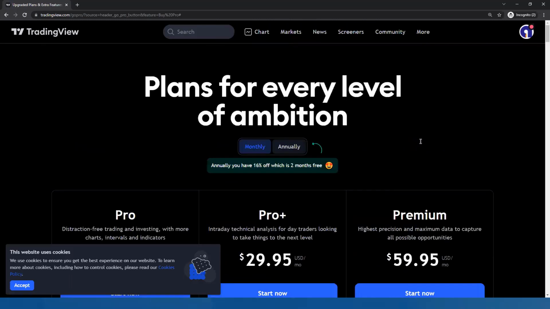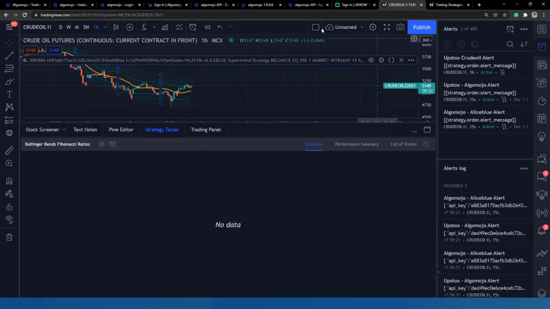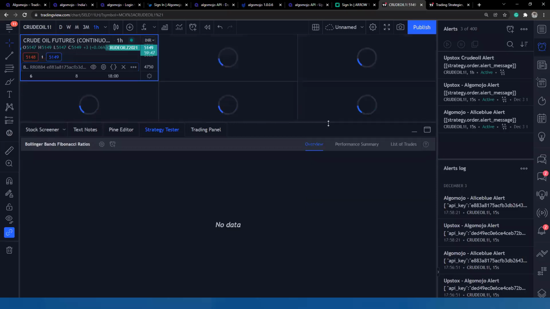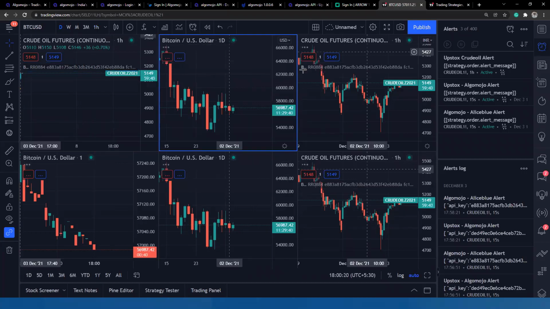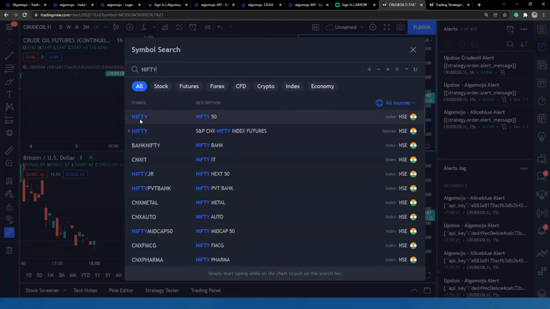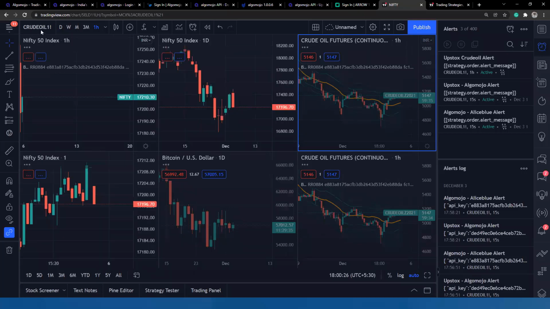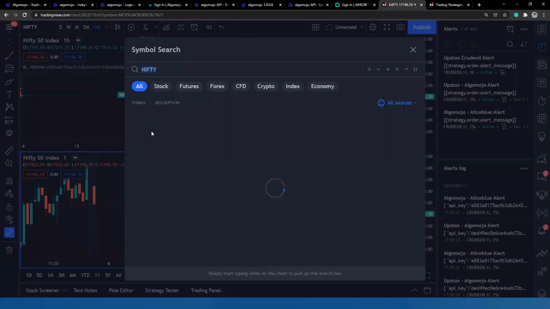In my case, I'll show you that multiple charts you can access in TradingView. You can change the layout over here. This is a layout style where if I want an 8-chart layout, I can select different charting layouts, right? That is possible. So maybe here I can use Bitcoin, and here I want to use Nifty. Different tabs I can open, different charts I can place. Or if I want to access Nifty and Bank Nifty also, I can choose those corresponding symbols, Bank Nifty futures.